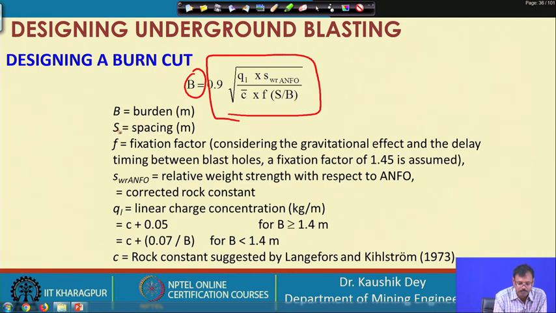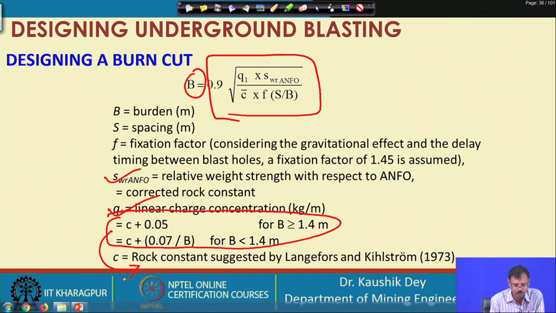B is burden, S is spacing, F is the fixation factor considering the gravitational effect. This is the relative weight strength of the explosive with respect to ANFO, considering what explosive you are using. This is the linear charge concentration, and this portion will come in the bottom. This is basically C bar.